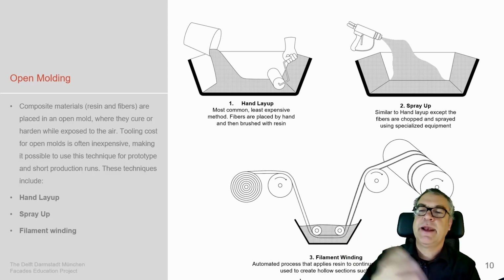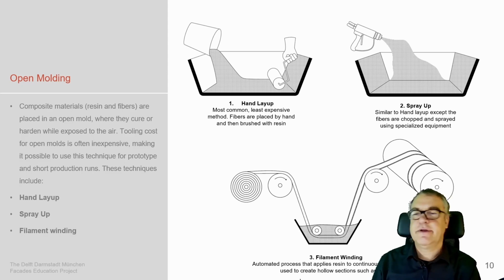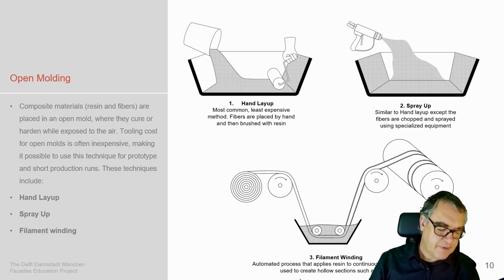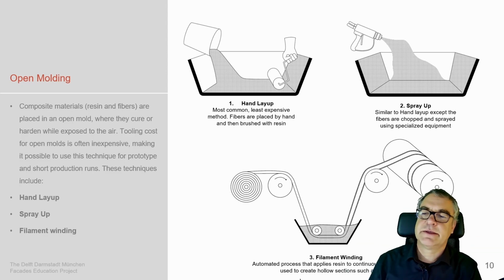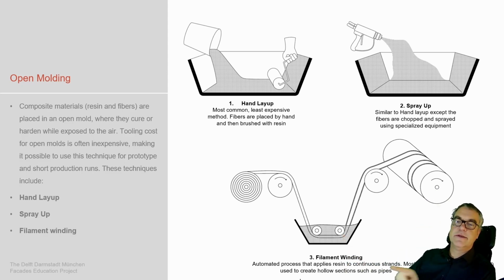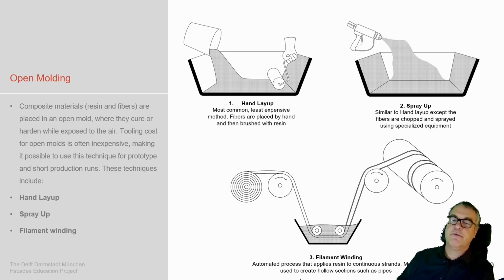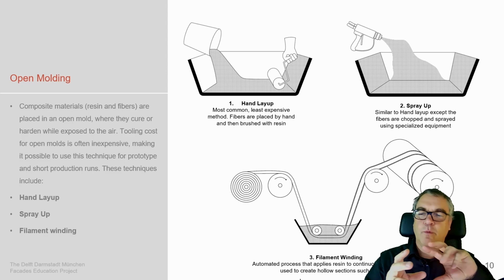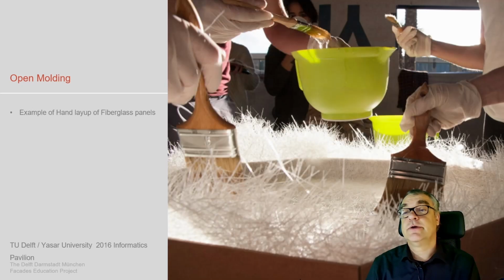Instead of this hand-laid setup, you can do the sprayed layer setup. Sprayed means that you have short fibers, which with the spray pistol can be brought in position with air pressure. By that, you're able to create free forms more easily, but the downside is the short fibers, as I expressed it. And then we have the fiber winding. There, the fiber itself is on a roll, brought into a pot of resin, and being wet with resin, it is woven around a structure to create a certain surface.